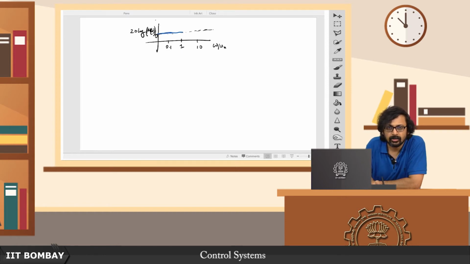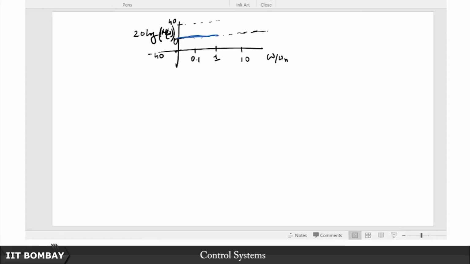Let me mark this 40 dB and let us say this is minus 40 dB. So, at 10 times this value, that is at 1 decade above this so called break frequency or corner frequency, which is omega n in this case, what we have then is a line like